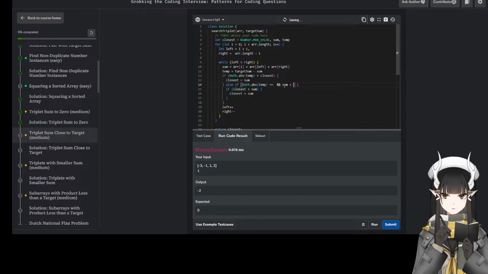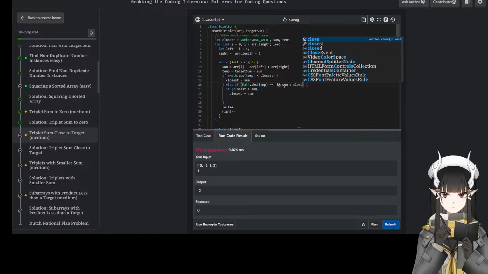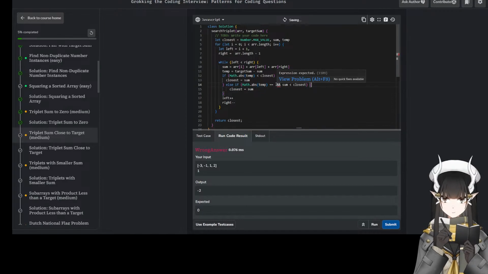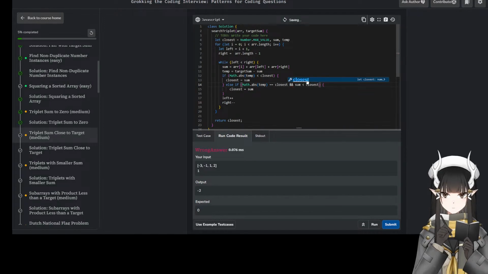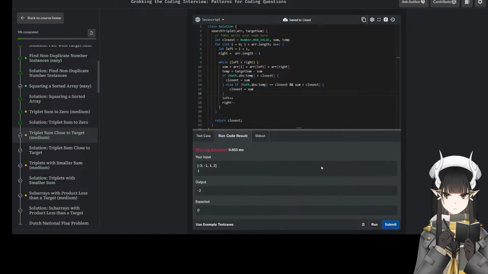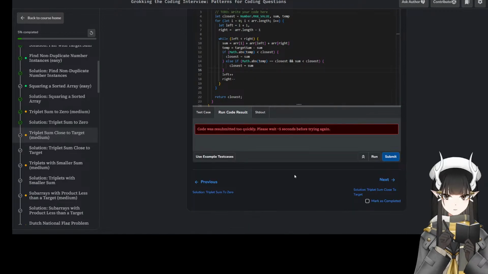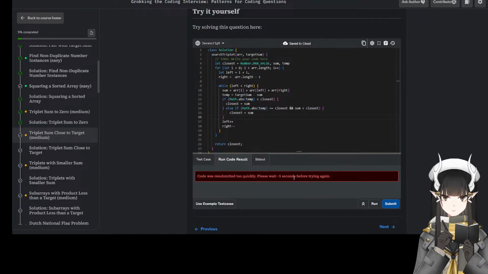And sum is less than current closest. Then closest will be the new sum. Wait, what did I? Right, this should be fine. Right. Logically, it makes all the sense.